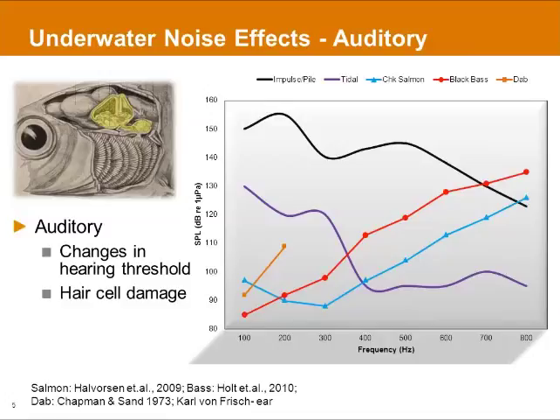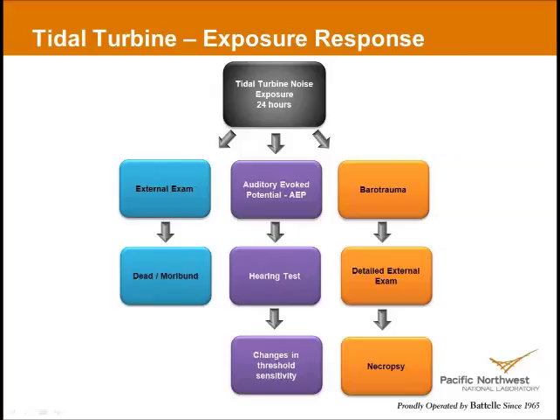And so again, the two things to take away from these sound source measures are the frequency range that they cover, and that they cover the entire frequency range for hearing in fish. And then the second thing to note is the level compared to hearing sensitivity of these three species that I've used for an example. Using an auditory evoked potential, and this is a hearing test, I looked for changes in threshold sensitivity. So if I could have the next slide, please.